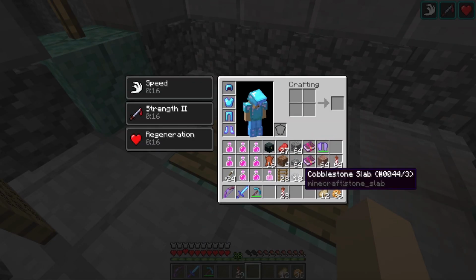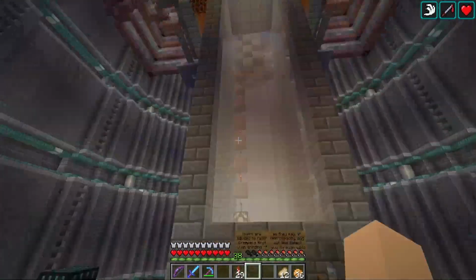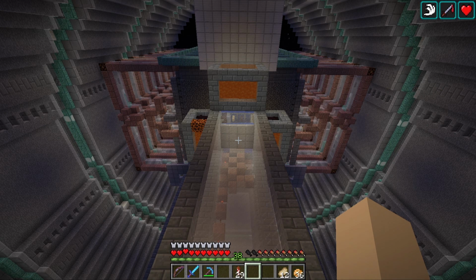So let me just chuck... there, piece of dirt. So let's just take a look at this. There will be a lag spike as this thing boots up, because every single layer is flooded to prevent mobs from spawning. I did have an interesting discovery in the course of tinkering around with this thing, which is that